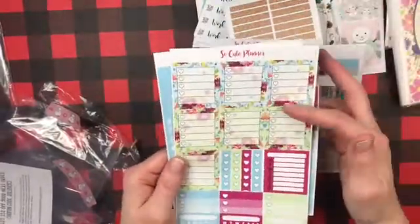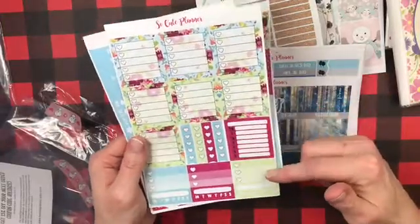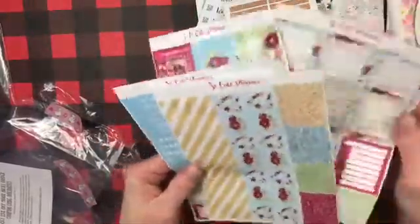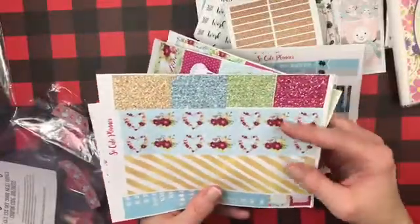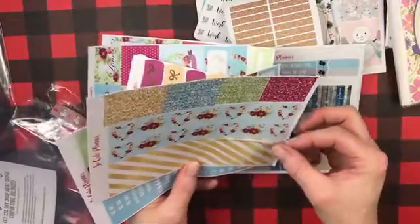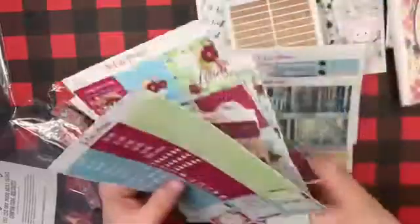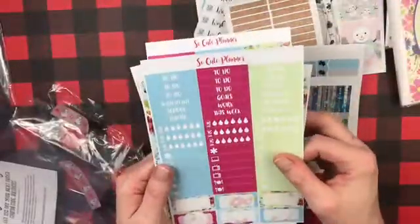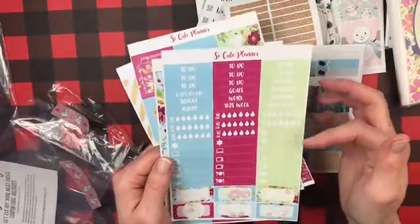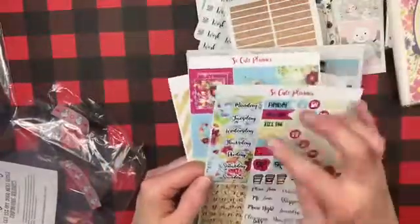And then your full check boxes, and see, everything's just smaller. And then your Monday through Fridays, your check boxes, your habit trackers. I'm loving this. Then your washi strips, your bottom washi, and then you got little tiny washi strips as well that you can use, like for your Happy Planner horizontal. But again, like I'm saying, I'm going to use it in my personal wide. Your headers, your habit trackers, like your water trackers, TV and food, more half boxes, your day covers,